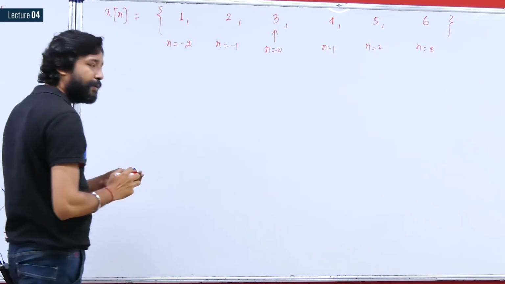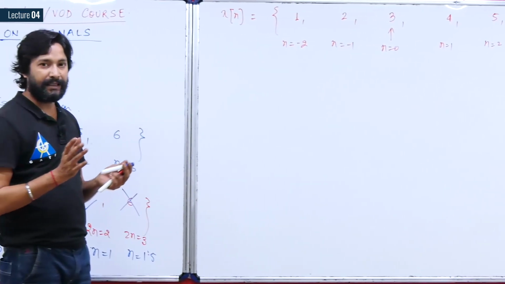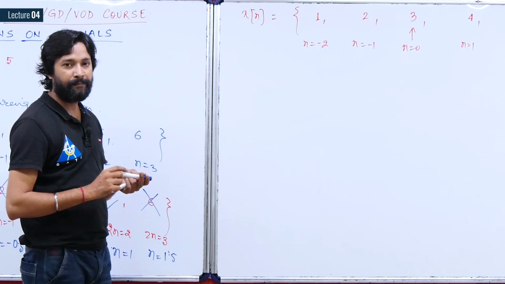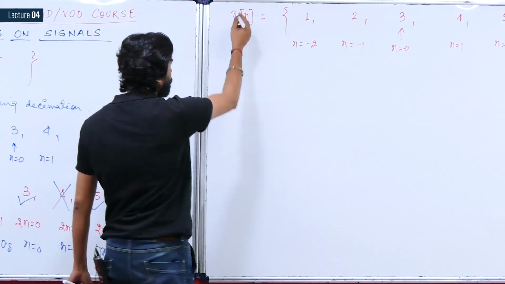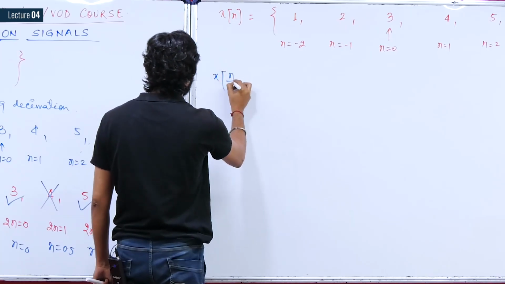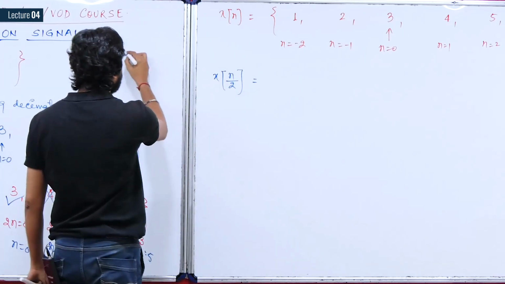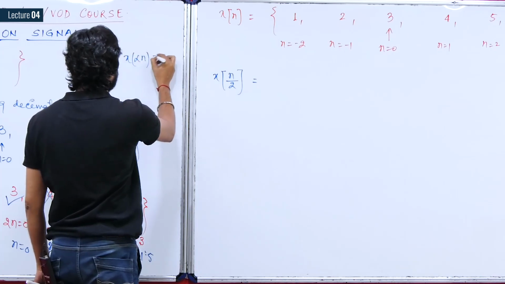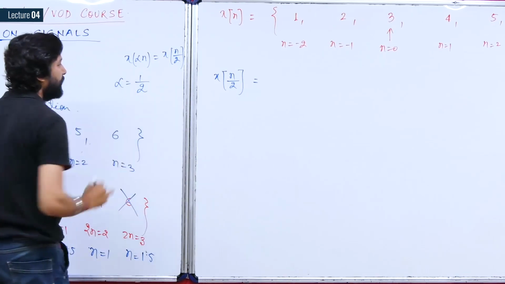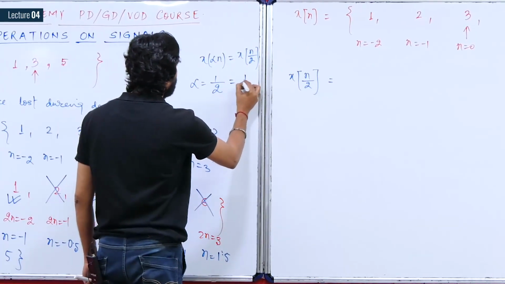So now if you want to interpolate that signal, we are taking scaling factor less than 1. If you take scaling factor greater than 1, then you name it the decimation process, and if the scaling factor is less than 1, then you name it interpolation. So to interpolate, we are taking any signal, if you have to find out x of n by 2. So now if you compare this signal with x of alpha n, then in this case, if x of alpha n is equal to x of n by 2, it means that alpha is equal to 1 by 2, or you can say that alpha is equal to 1 by k.